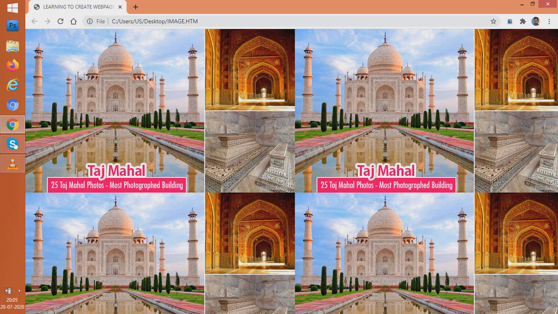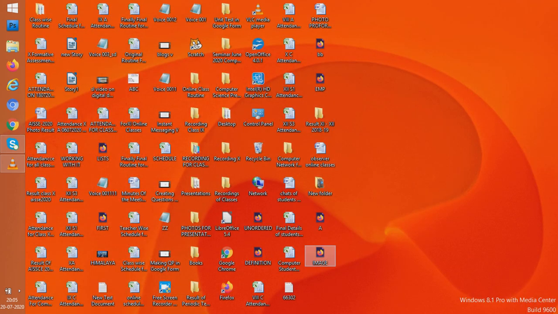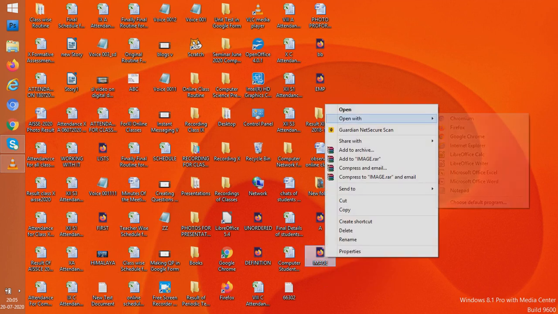So the whole screen had to be covered. And how did my computer cover it? The computer created copies of the same image so that it could cover every part of the background of the web page. But students, I know you would not like it because you wanted only one image to be shown, not the whole background to be shown by the image. Because with an image, you may want to write something also. So what we'll do is, we'll close it, and now we'll see how we can keep only one image instead of copying the image more than once and keeping it at every part of the background.